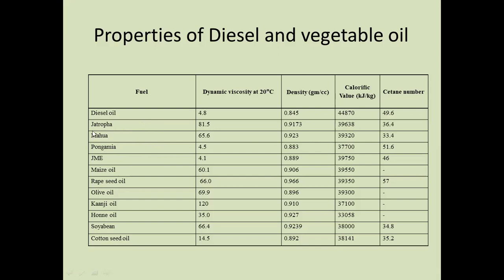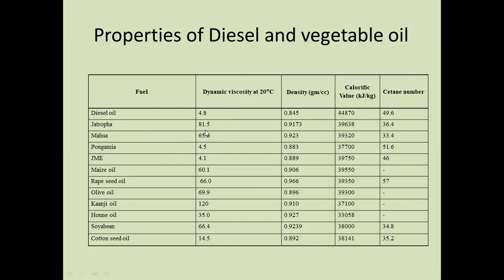So generally, to make the alternative fuel from non-edible oil, the common process is the transesterification process. In the transesterification process we add the catalyst, methanol and potassium hydroxide, that is KOH. The final products are Jatropha methyl ester, Mahua methyl ester and Pongamia methyl ester. If you operate this biodiesel in the internal combustion engine, generally we can know about the parameters, that for the raw oil the viscosity is high and the density is also high.